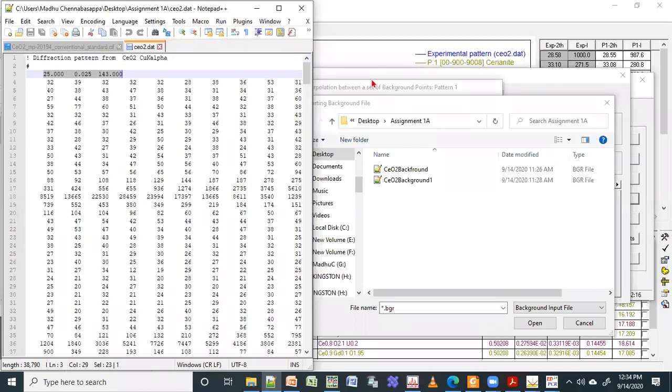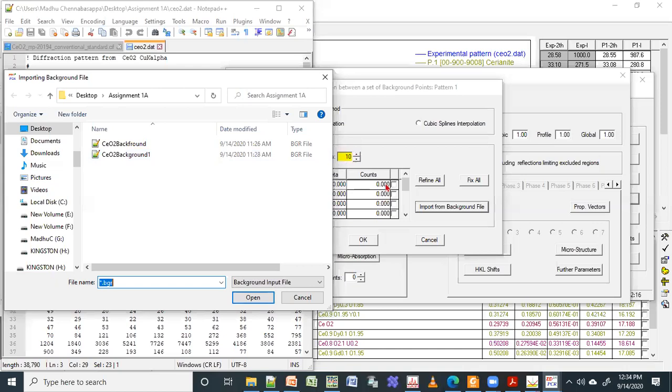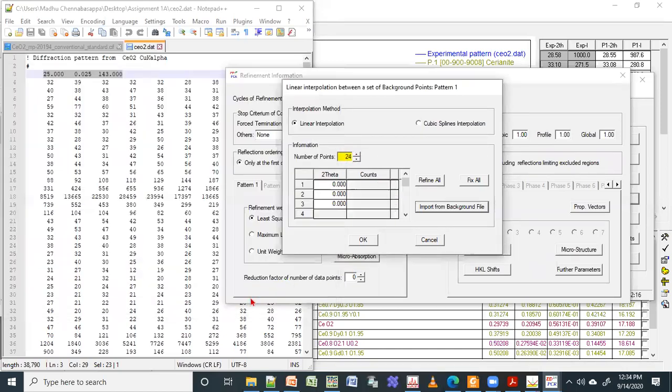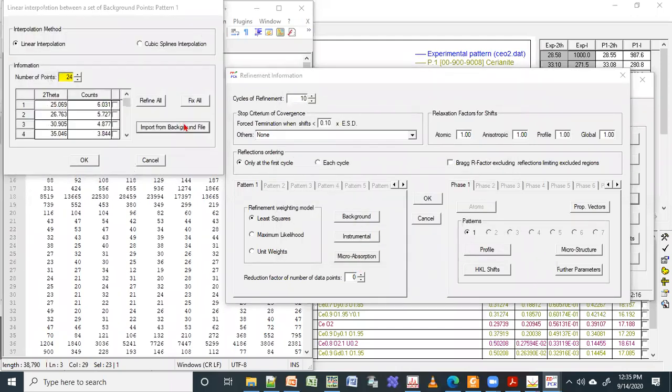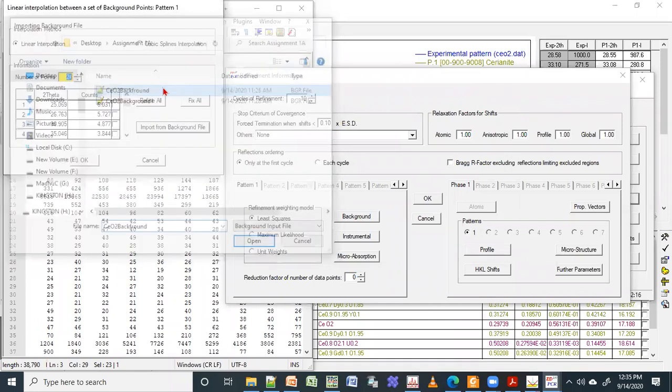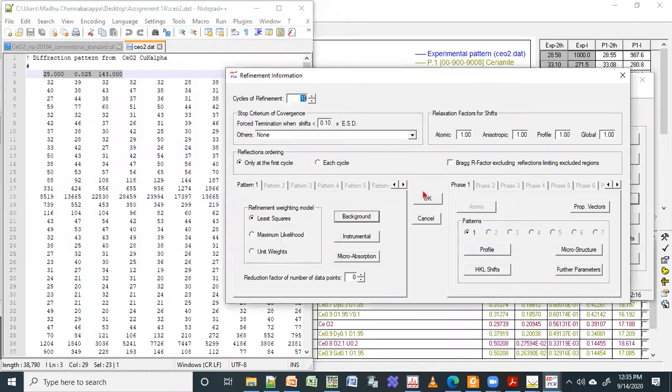So I'm going to import that data. Right now it is telling 10 and everything is 0, right? So I'll just select this and open it. Now you can see it has taken 24 points. Whatever points are there, it has automatically taken all of them. Then it has given the corresponding count with 2 theta. So you say okay, import background, select your background, then you say okay.